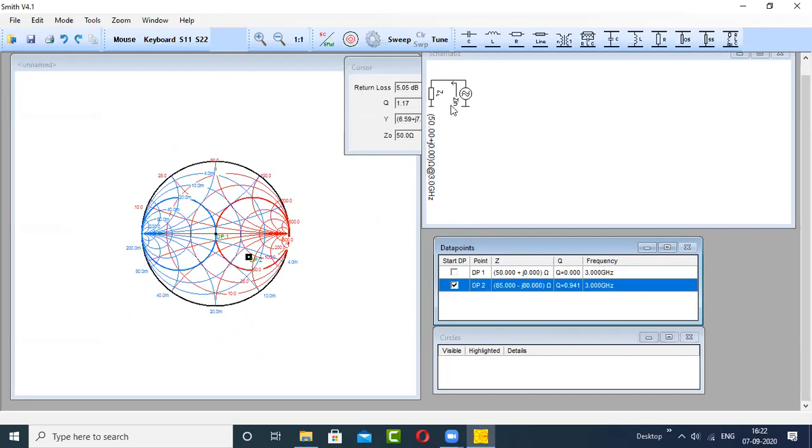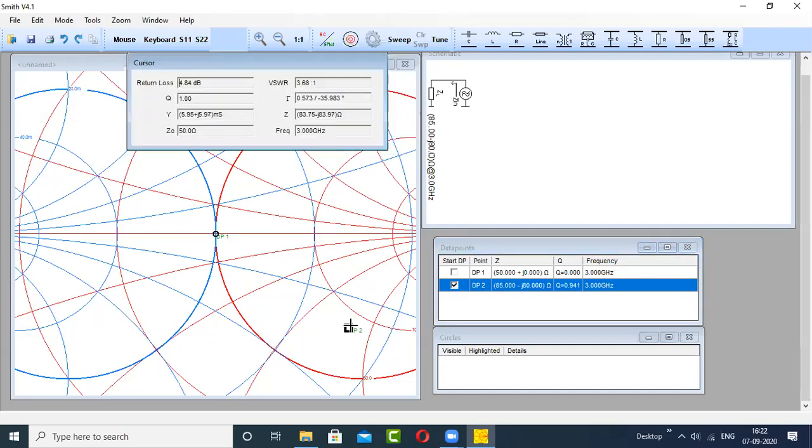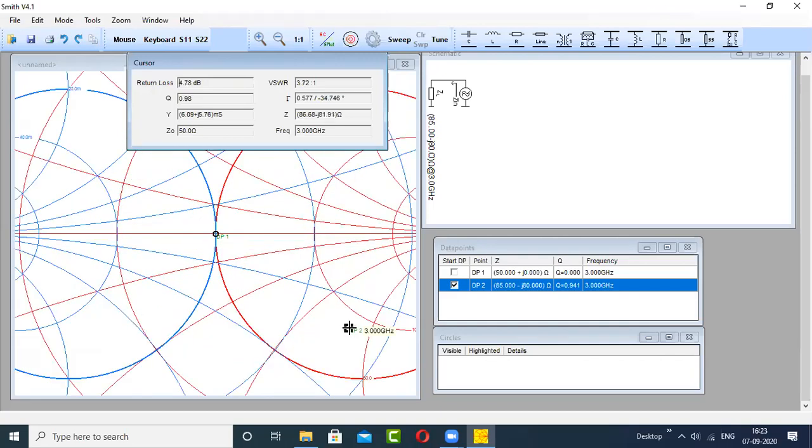So once again, you have to understand how much SWR circle is required here, because you have to plot the SWR circle. But when you're using the hard copy, you simply take the compass and draw the SWR circle without knowing the actual value of the SWR circle. But here you have to identify what is the SWR for this particular load.